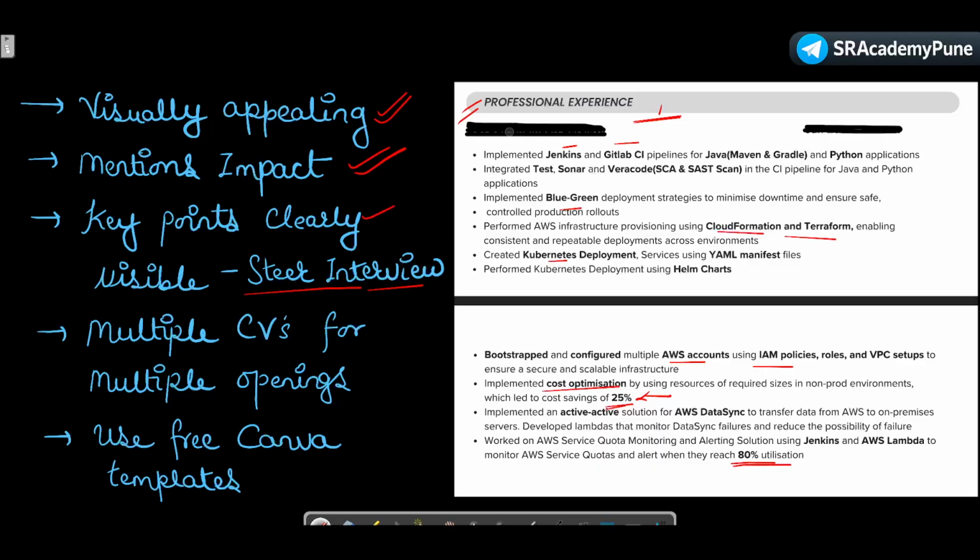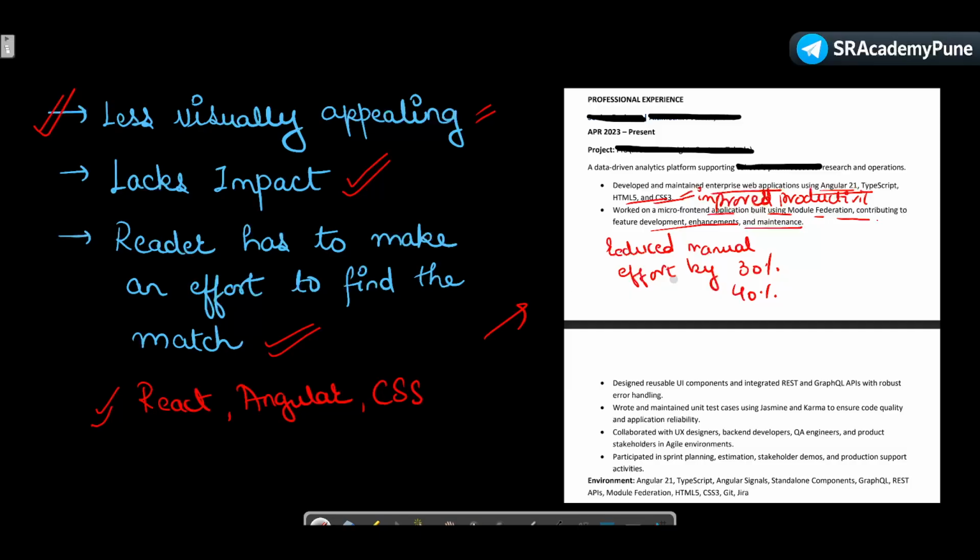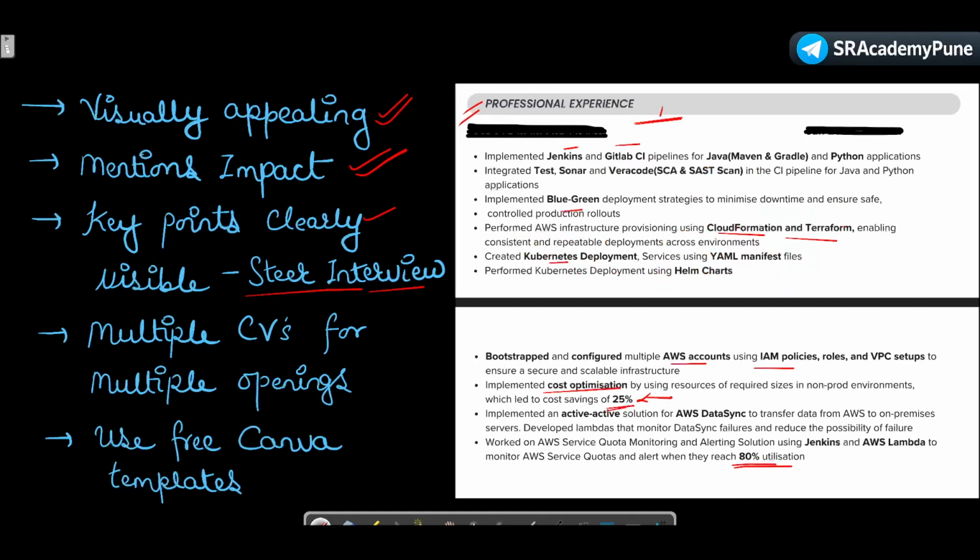If I go to the previous slide, the interviewer, the panel cannot see what the highlights are. Let's say they have multiple interviews scheduled and they want to wrap this up quickly. They don't know what to ask questions on, so they might ask you certain questions that they have decided. That might be the case, but in my case, they know I know Jenkins, I know GitLab, so I can give a direction to my interview to go to Jenkins or GitLab or CloudFormation or Kubernetes, because I have mentioned those in bold.